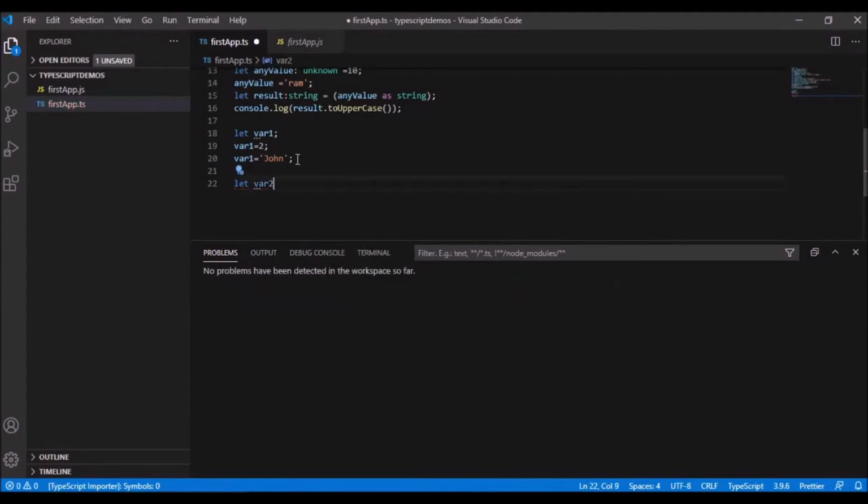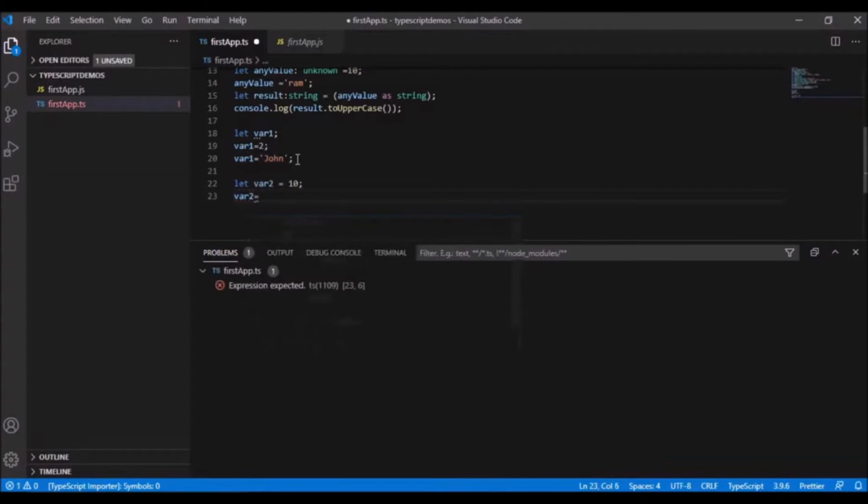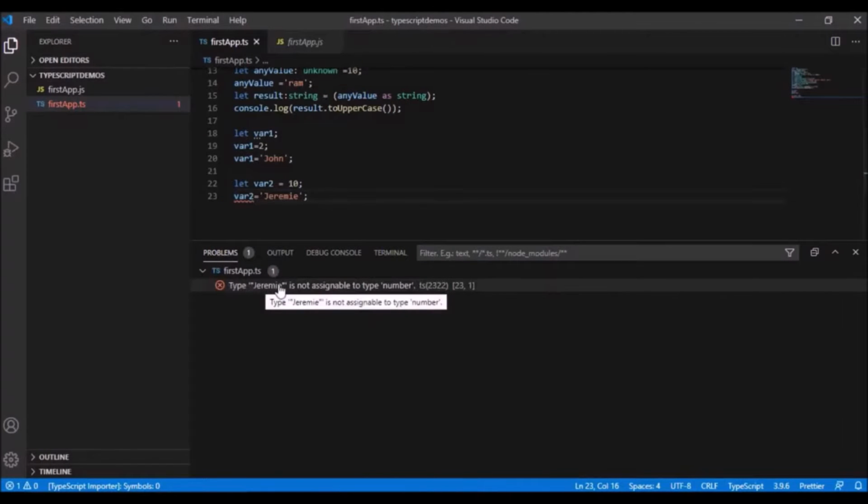Let me declare another variable var2. While declaring itself, I am assigning it with a value 10. In the next line, I am saying var2 equal to Jeremy. In the problems window, I am getting an error: Type Jeremy is not assignable to a type number, which is not the case for line number 18.